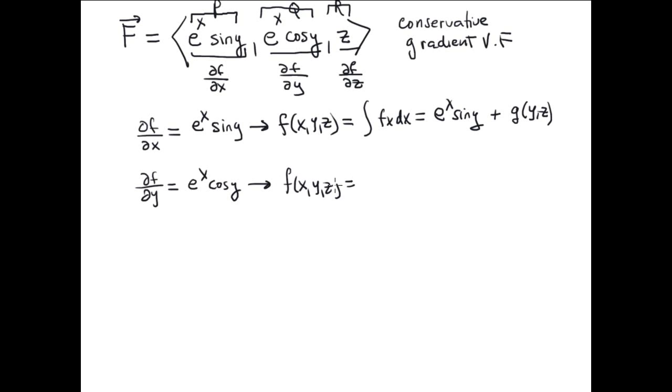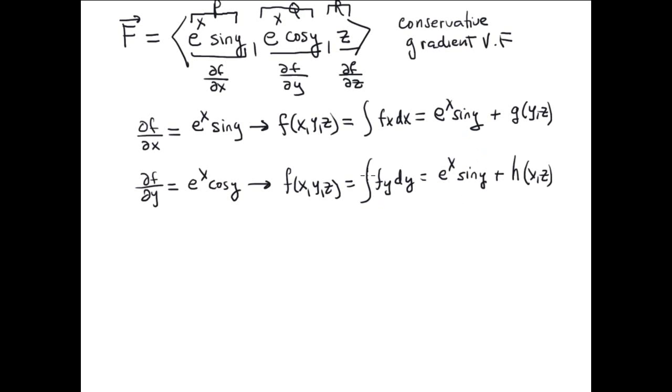I suppose it is the same. Antiderivative of f dy, you integrate this with respect to y. Then e to the x is a constant. The antiderivative of cosine is sine. Okay, wow, it's the same, look. Plus an arbitrary function I call h that depends on x and z, the two variables that do not participate